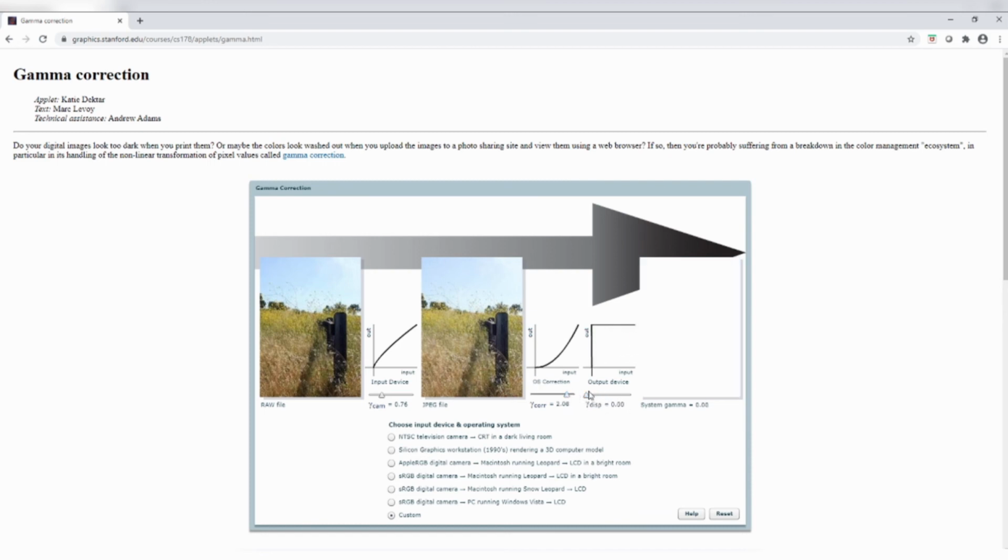Let's say this is saturation, this is the other side. So you can play with it. That's the whole idea of this gadget. And there you can see, I don't know how many of you have seen this NTSC television camera.